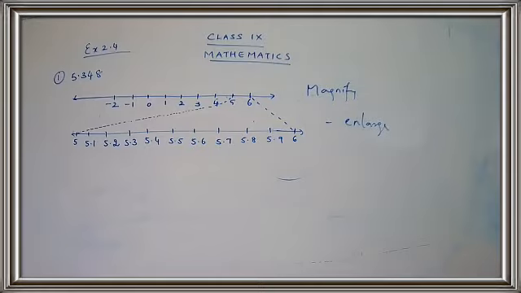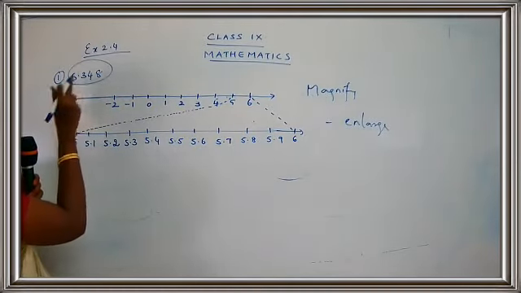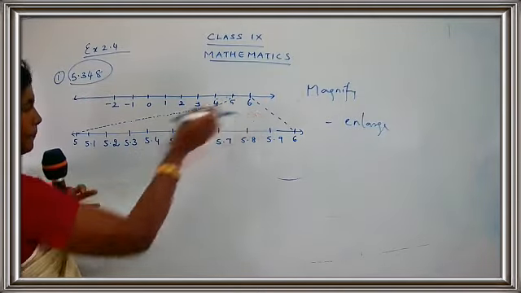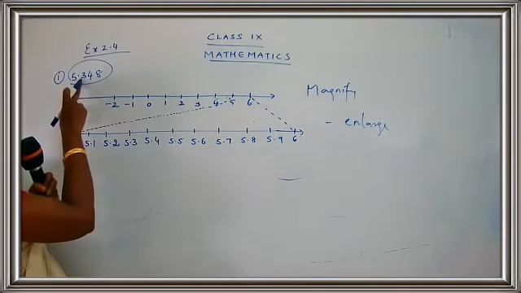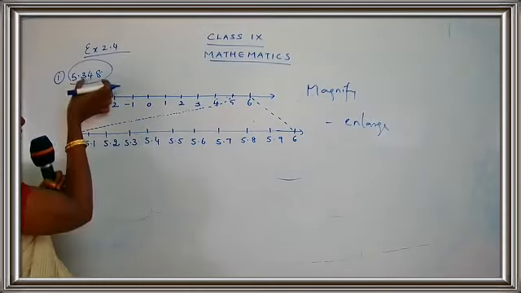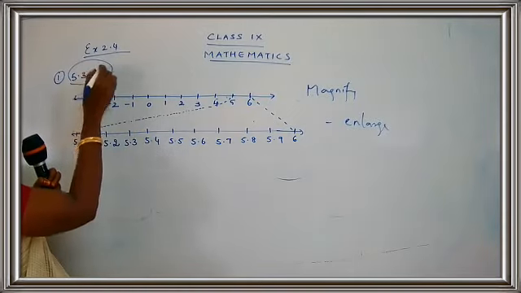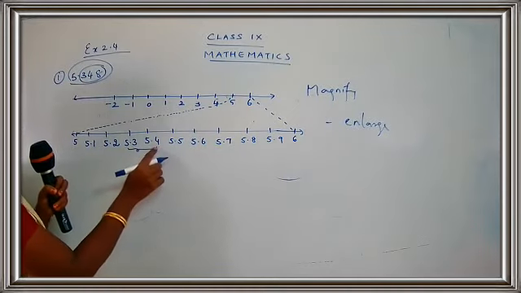Okay, good. Now, what are we going to do? Next thing is, we want 5.348. Okay. So, first thing is, we found that this number is going to lie between 5 and 6. Okay. So, I am going to get somewhere here. Now, we have many numbers, 5.1, 5.2, 5.3. Now, where is this number going to lie? Where is this 3, 4 going to lie, children? So, 3, 4 will be lying between 3 and 4. Not 5.348. So, where will this number lie? This number will lie between 5.3 to 5.4.